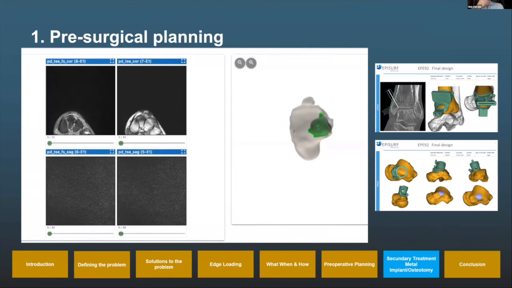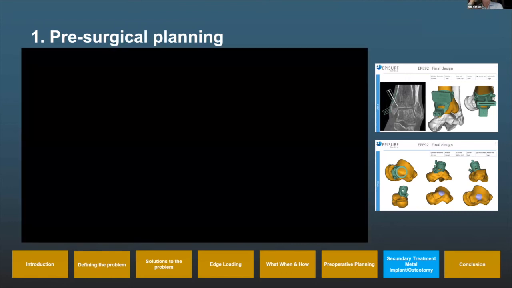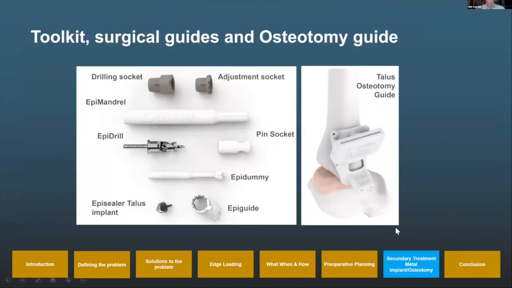And it's up to the surgical preference how to do it. This is the guiding instrument, and it will show you where to place the implant. And here you see the medial malleolar osteotomy guide, which is also patient specific. So this is the instrument kit, which is quite simple: the osteotomy guide, the guide for placing the prosthesis, and just some simple guides like the drill and the sockets, as you see in this